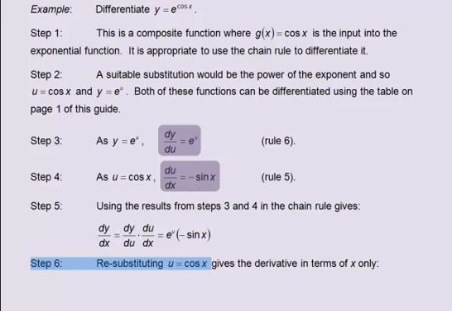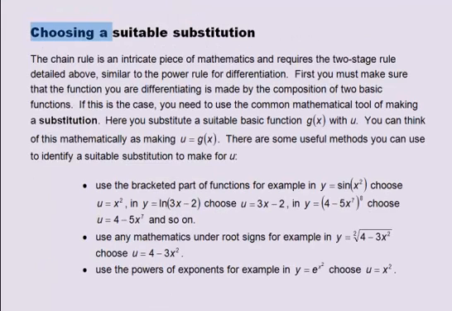Resubstituting u equals cos x gives the derivative in terms of x only. dy by dx equals minus e to the power cos x multiplied by sin x. Choosing a suitable substitution. The chain rule is an intricate piece of mathematics and requires the two-stage rule detailed above,